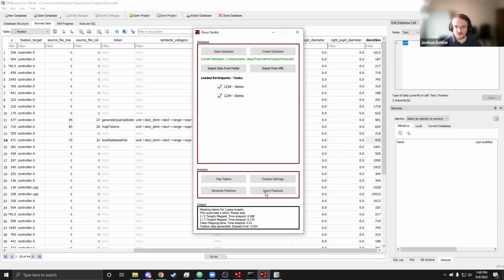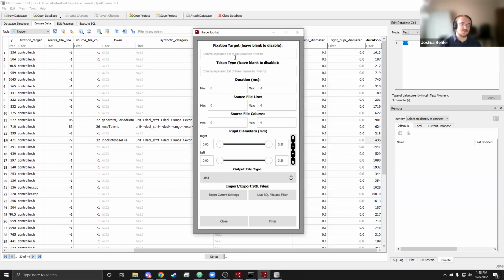Lastly, I'm going to go over querying. At this point, you could take the data as it is and do whatever you want with it. But in order to help speed up the process, we've added our own query fixation section. You click this section and you're able to filter out any fixations that were generated based on whatever parameters